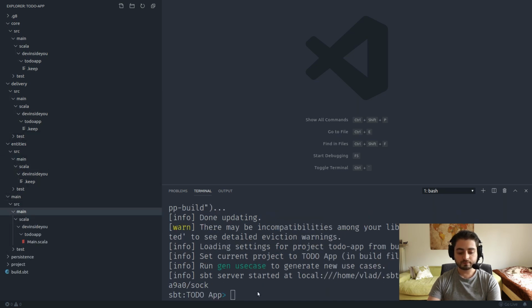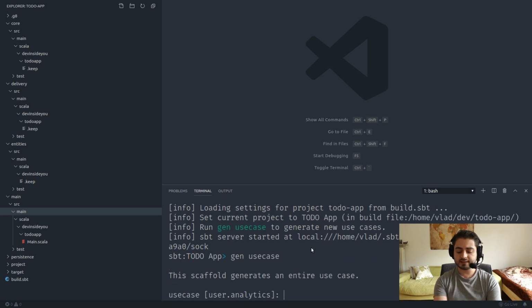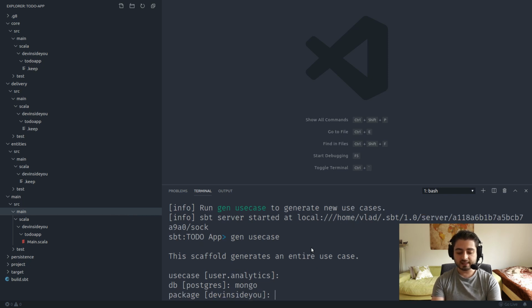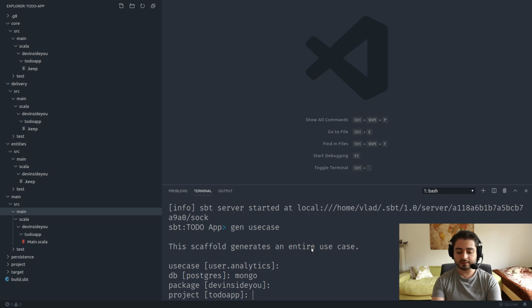Okay, so once we run gen use case, and let's say that user analytics is fine. Okay, so I'm gonna press enter. Let's not do Postgres, let's do Mongo. Okay, let's press enter. Package is DevInsideYou, this is fine, and the project is todo app. Okay, this is fine. So now when I press enter, it will go and generate a directory structure under todo app called